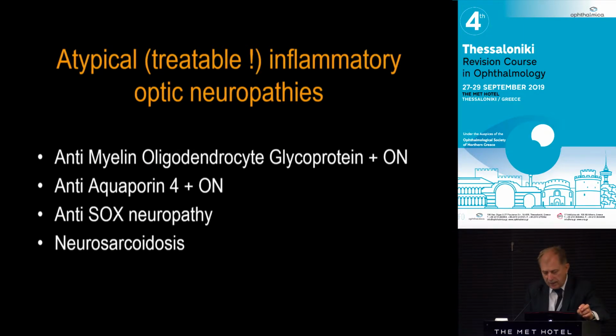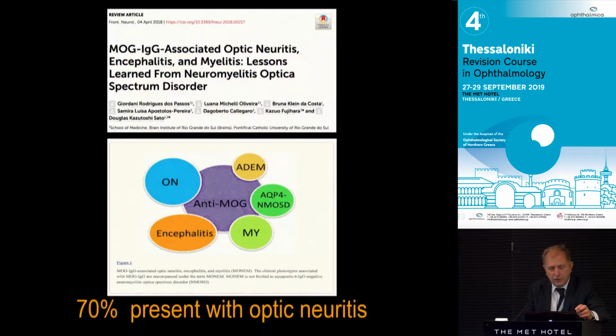There's another one now which appears as optic neuropathy of autoimmune origin, with anti-SOX antibodies. And you should never forget about neurosarcoidosis. So anti-MOG